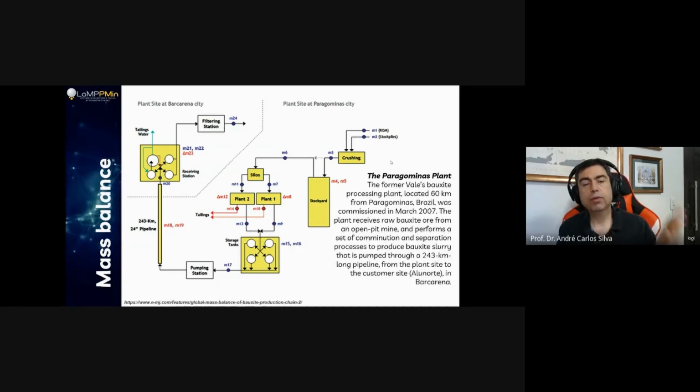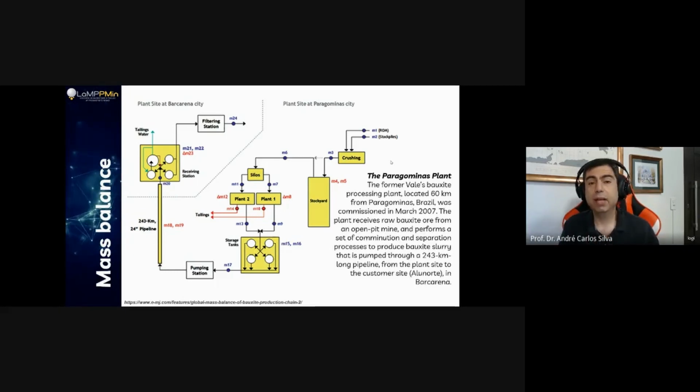And then I'm going to the stockyard, and as you can see over there, I have M4 and M5. Probably we have two different heaps or stockpiles in this stockyard. One for number 4 and another one for number 5. This is quite regular operation. If I'm reclaiming the mass M4, I'm feeding the mass M5. Nevertheless, I'm going to have one mass coming out of the stockyard and into the mineral processing plant, and